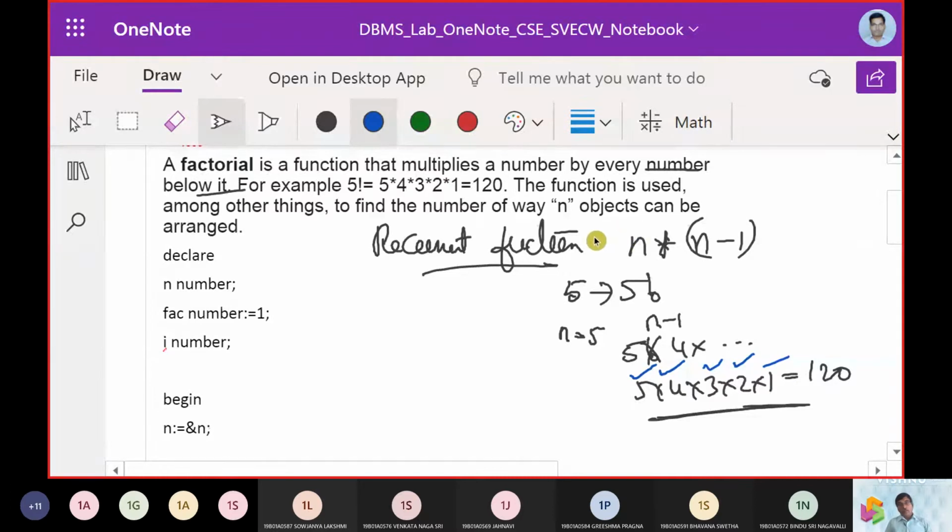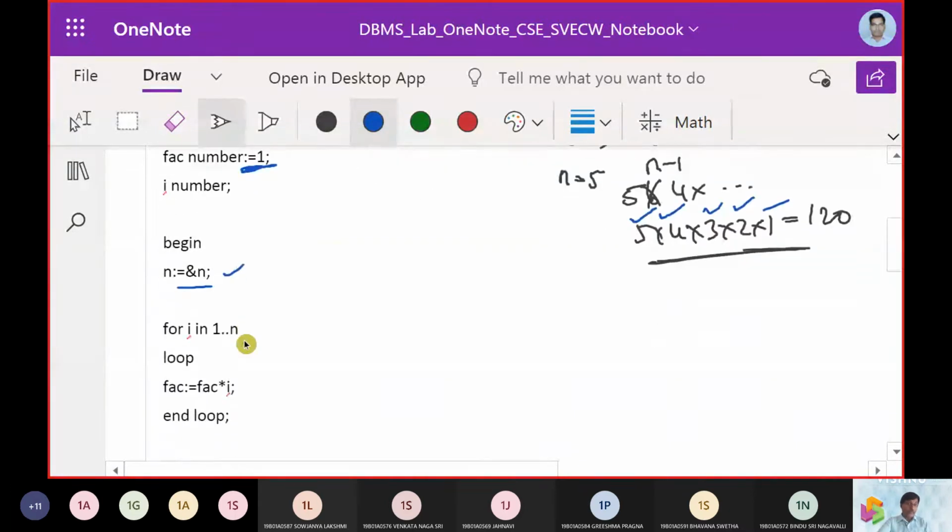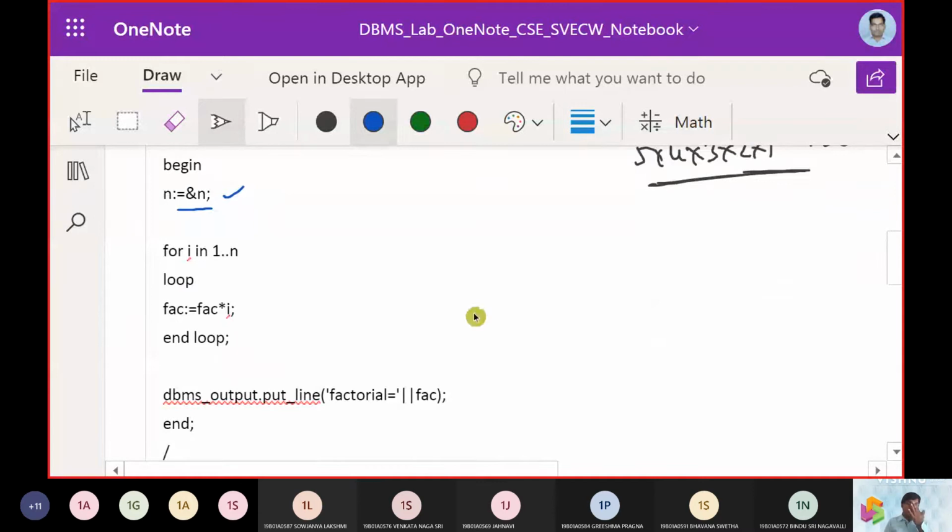So how can we demonstrate the factorial part? To demonstrate this, we are going to have a declare followed by n, and default factorial we give as 1 here. Then we assign n with the exact data type, for which we take the ampersand here. Now again we use the for loop: for I 1 to n, we use this loop.